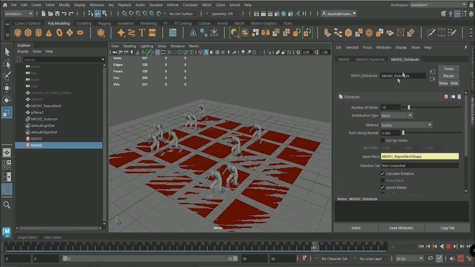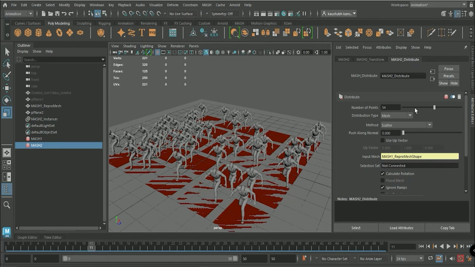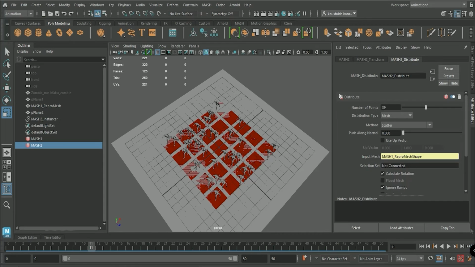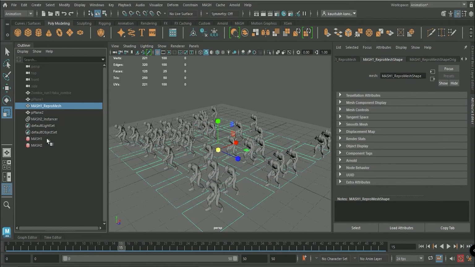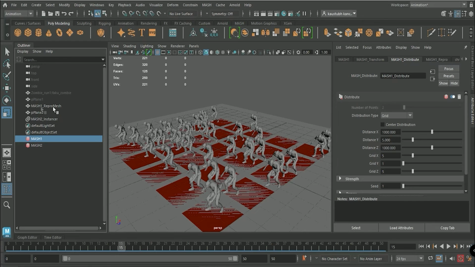Now in distribution, if I want these characters in more amount, I can just increase the number of points. So now this is done. Now if I go to my mesh 1, repro mesh, mesh 1, and in mesh 1 I want to animate this, I want my characters to run